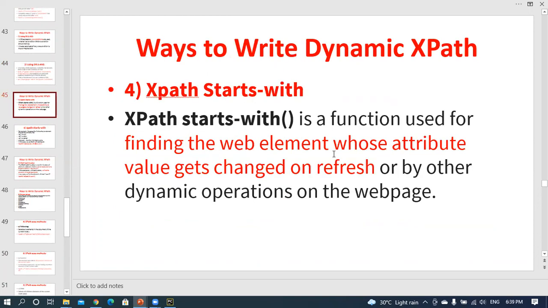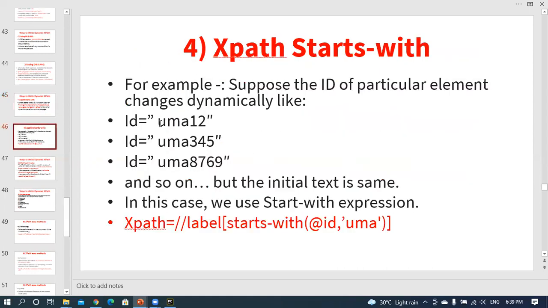Another way is starts-with. For example, take this one. Uma123 is there, Uma345 is there. Some dynamic elements are there, just like in the username, where you are using different values.